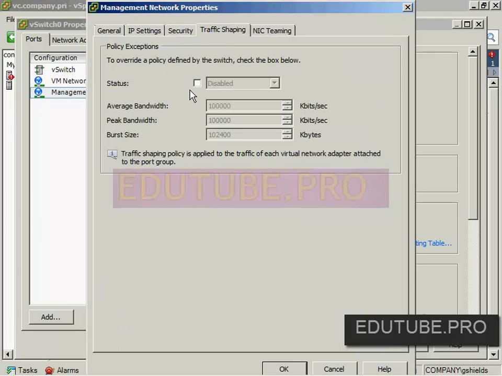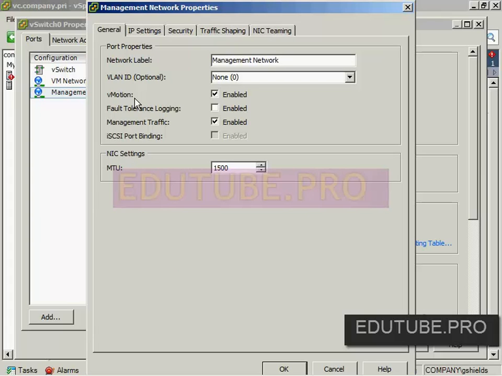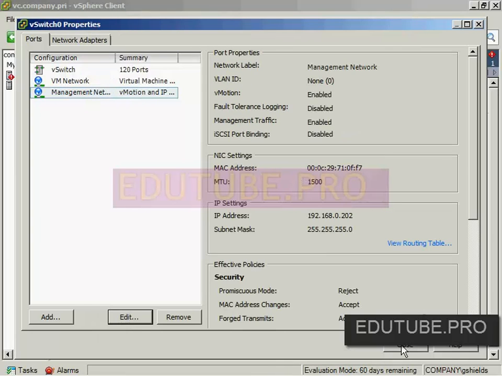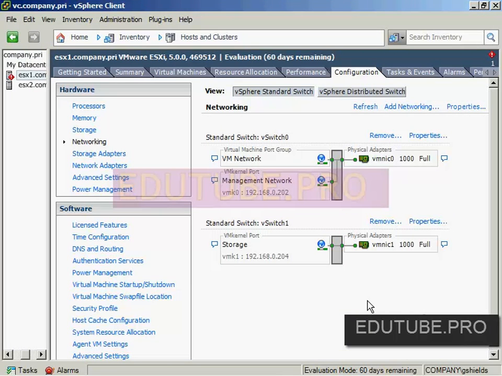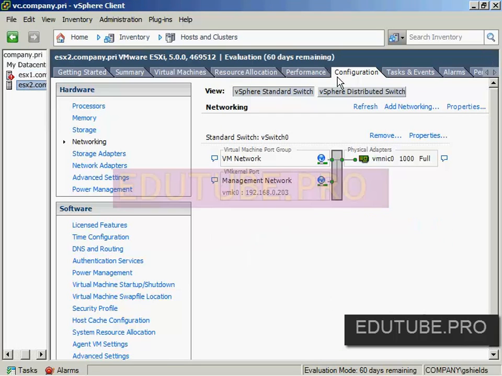Now when I do that, I may want to go through and adjust, for example, IP settings, or I may want to go and make specific changes here and override the default settings that I applied to the vSwitch for security, for traffic shaping, or even for NIC teaming. You'll notice how all of these have the ability to override these by checking the checkbox and then putting in some sort of different setting here for this configuration. Now that I've done this, though, I know that I'm going to add and make vMotion operate over this existing management network as well as management traffic. If I click the OK button here and close, you'll see that now I've configured the vSwitch appropriately for this